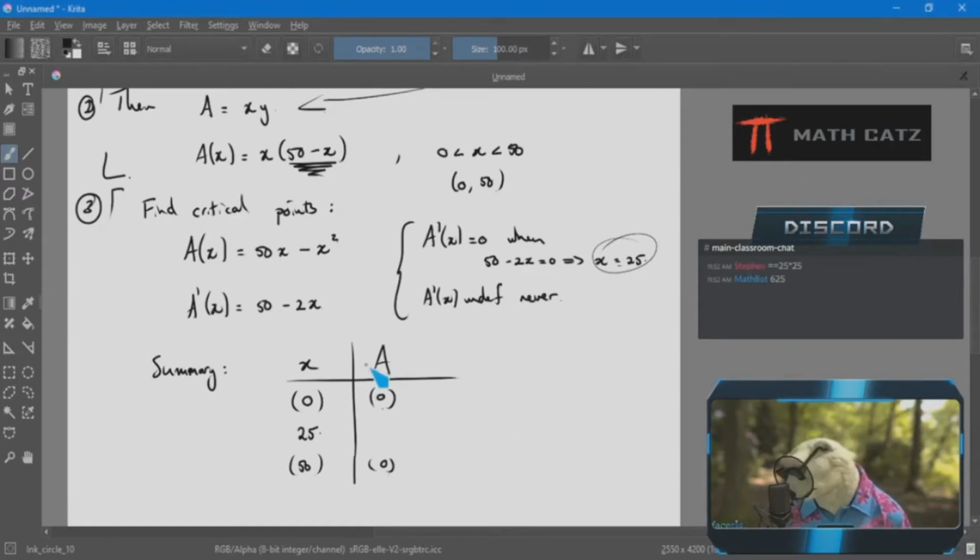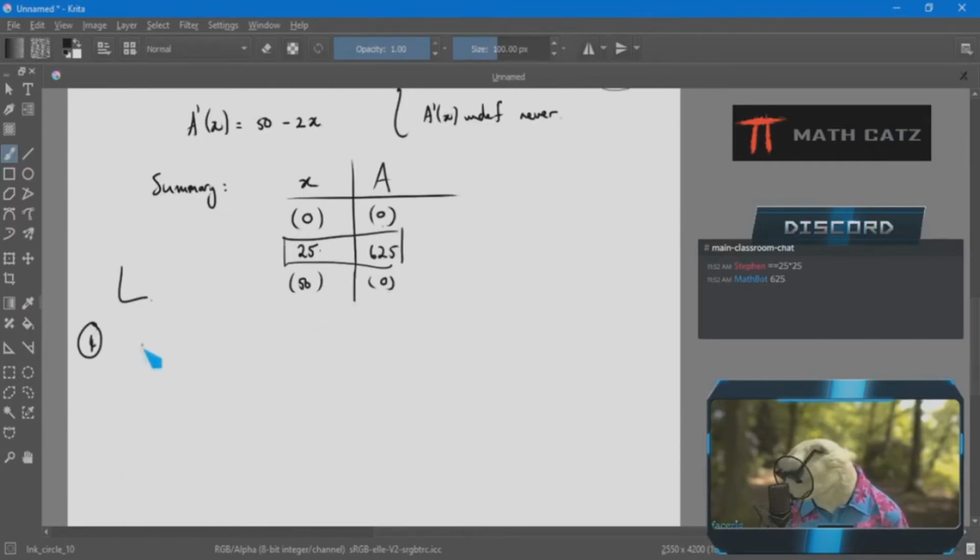When I plug it in, it's obviously 625. And looking at all the places where an extreme value can occur, obviously this middle one is my best situation, looking for the largest area. Important. So just a little concluding sentence. The largest area of 625, and that'll be square feet,